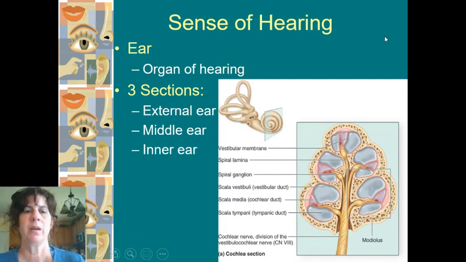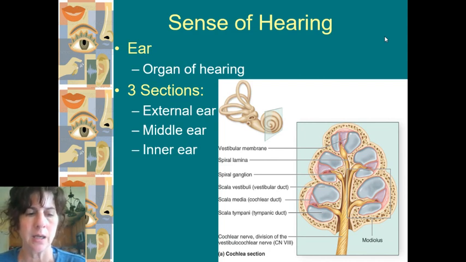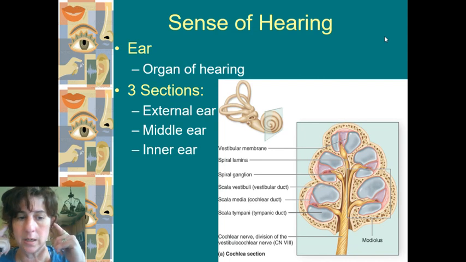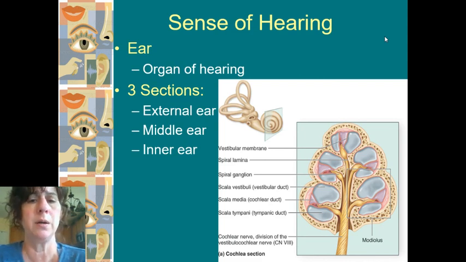All right, hearing. Hearing is a pretty complicated organ. We have to take in the sound waves through our ears and direct them down the ear canal, and it has to go through a series of steps of transmitting that vibration, first a sound wave to a mechanical vibration, and then to the receptor cells that are really deep into the skull, relatively speaking. So it does take a while to get to that point. Every single portion of the ear has to be able to effectively transmit that sound in order for you to hear properly.